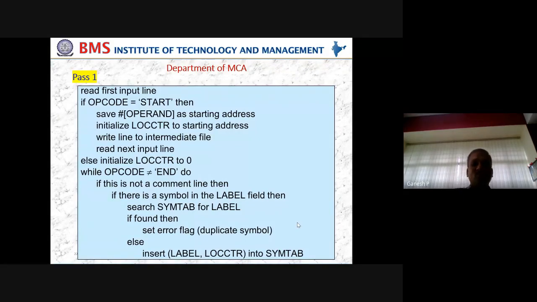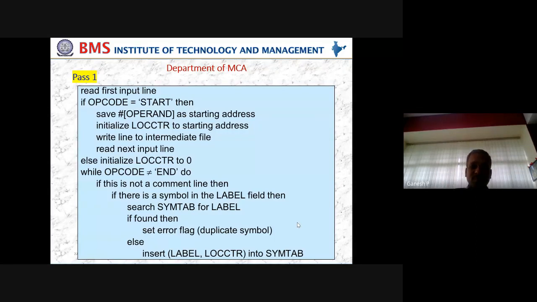It is just a pseudo code or an algorithm, a step-by-step process wherein we can understand how, when you give a program to the computer or your system software, or the assembler in our case, it is going to process it. Now imagine we have your program. Maybe you can consider any simple program of your choice. I have taken the previous class program, the division program. I'm going to submit the division program to this.